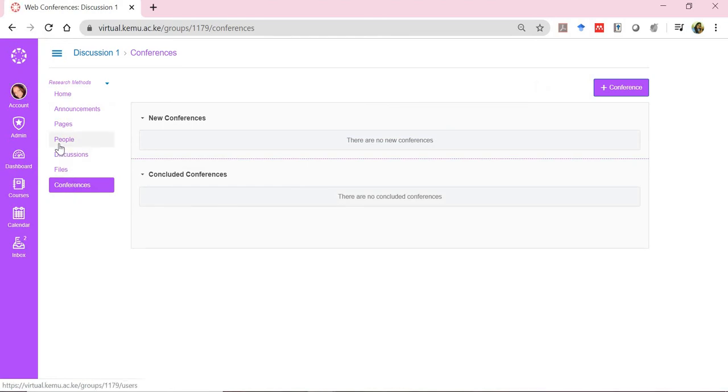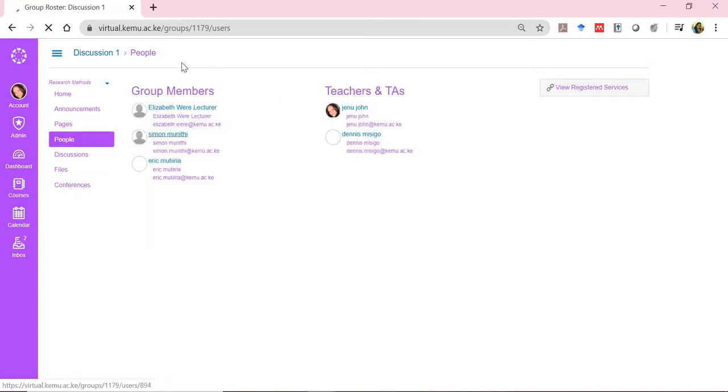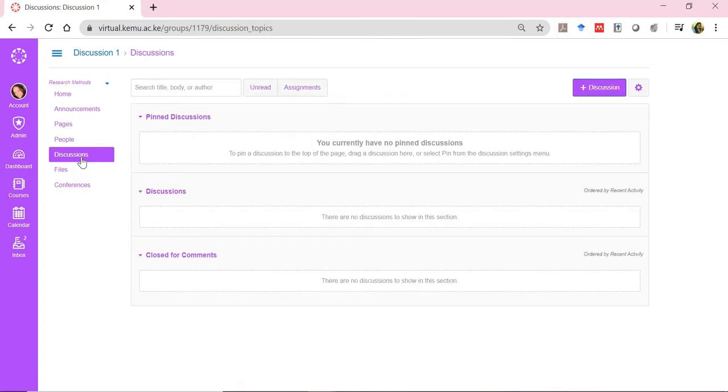It's also important, once a student is within a group, let me just click on people, you'll get to see the members of the group, and myself here as a lecturer and my colleague also, we are the teachers of that particular course. So we will actually be part of this group, because in such a case, as a lecturer, you can be able to come and moderate and get to see what the students are doing. And the beauty about this is you can even get to notice who are the active students or the passive students, because in the discussions you'll get to see what they're discussing, who is talking, who's making the announcements,